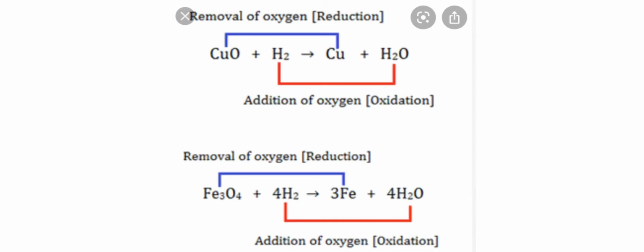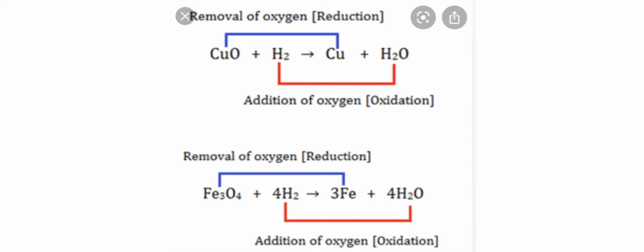Here CuO, that is copper oxide, is getting reduced to copper. Copper oxide is losing oxygen and it is getting converted into copper. So it is reduction reaction. But at the same time, in the same reaction, you can see that hydrogen H2 is gaining that oxygen which is lost by copper oxide and water is formed. So here H2 is gaining oxygen and H2O is formed. So the reaction is oxidation reaction. So here you can see that in one reaction both the reactions are taking place, that is reduction also and oxidation also. So this type of reaction is called redox reaction.